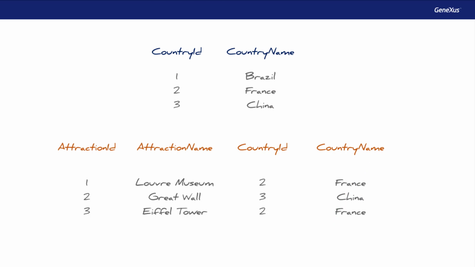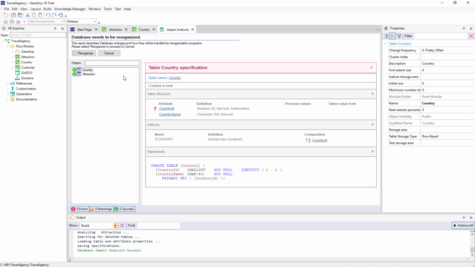We go back to the development environment and click on Reorganize. The term reorganize means to reorganize the database. That is to say, it refers to the task of making changes to it. Genexus creates the programs to modify the database, uploads them to the server, and orders to run them, making the necessary changes.